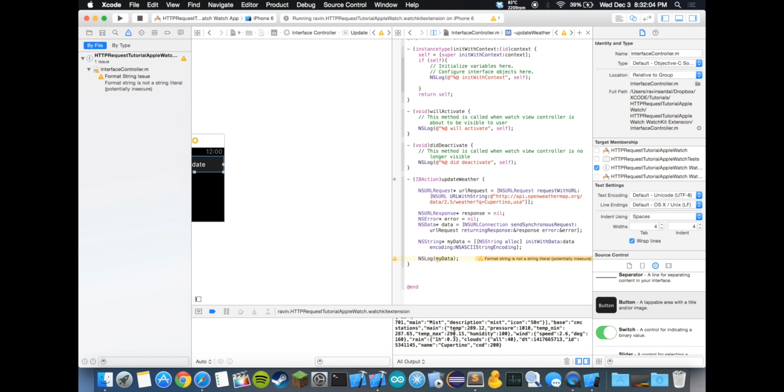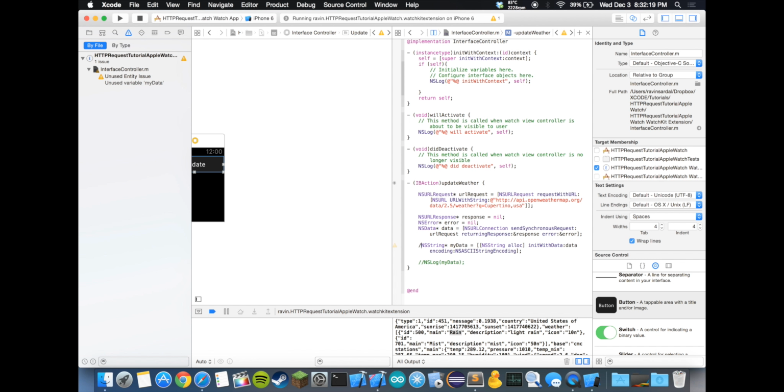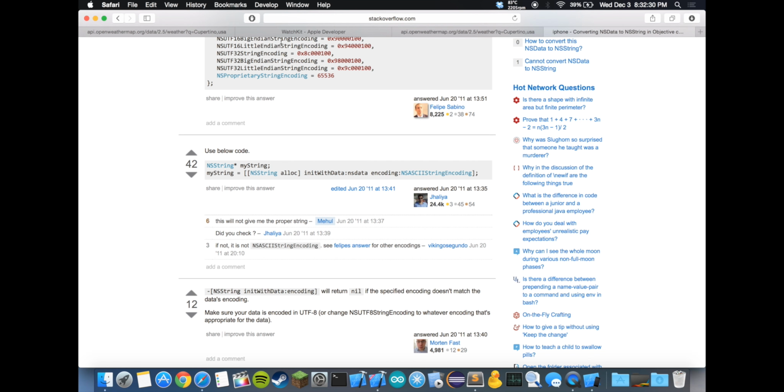So in this case, we want the data that's in main over here, and in this case it's rain. Alright, so let's just comment this out for now, and let's go underneath. Alright, so as I stated before, this data that the server gives to us